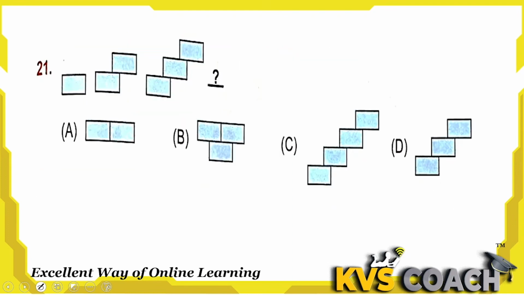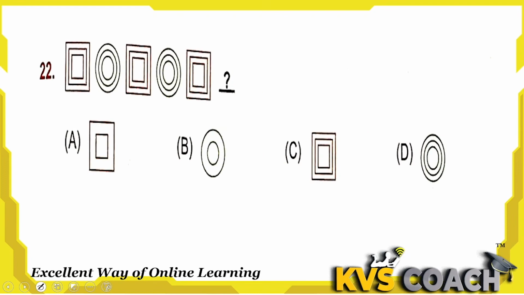Next is this pattern, C. Look, 1 step, 2 step, 3 step. Then here will be 4 step. 1, 2, 3 and 4. Okay. This is the pattern like this now. 1, 2, 3 and 4. So which one is right? This 4 step will be right. C is the right answer. Next, look at the pattern. Here square inside, outside square. So 3 squares inside outside. Here 3 circles inside outside.